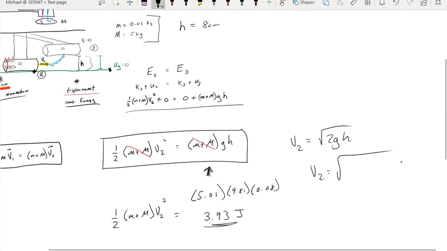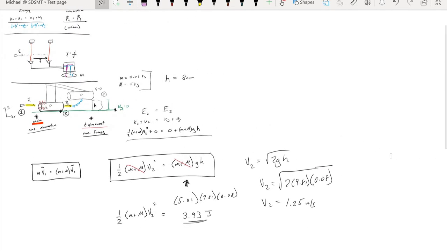So V2 becomes the square root of 2 times 9.8 times 0.08, which gives us 1.25 meters per second,